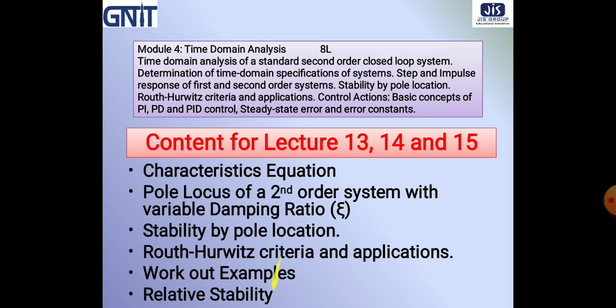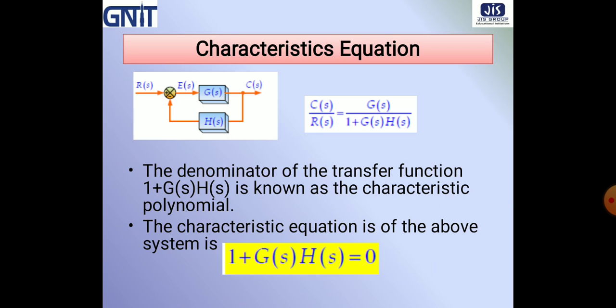And the rest of the contents, that is Routh-Hurwitz criteria and its application, some workout problems related to Routh-Hurwitz criteria and relative stability, these 3 points I will discuss in lecture number 14 and 15. So moving to today's first topic,